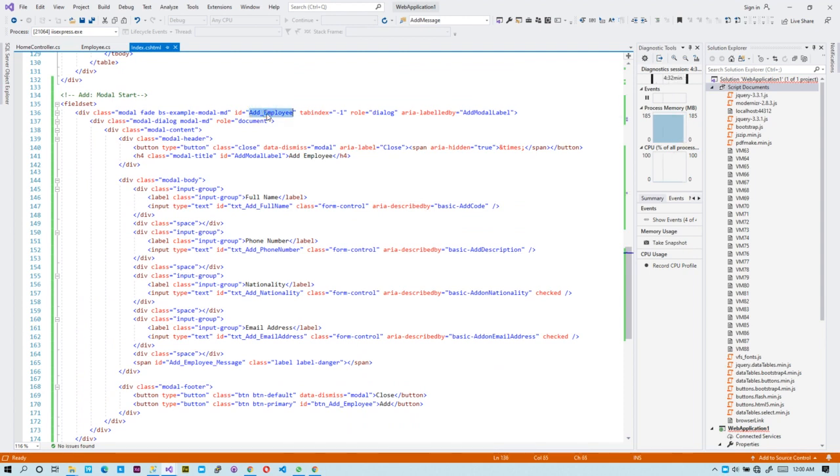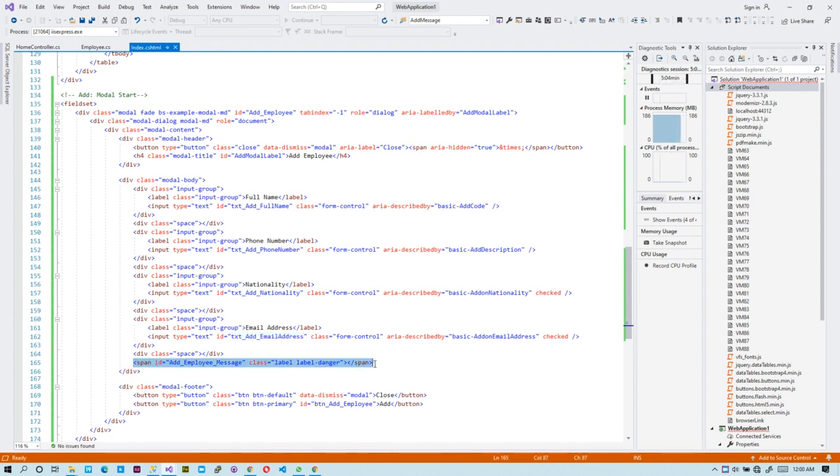This is the name of the model. We say add employee, and then this is the title of the model. The first input was the full name, and this is the ID which we used in our add operation. So this is the add full name, add phone number, add nationality, add email address, and then this